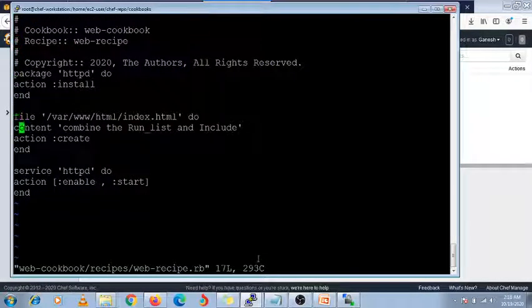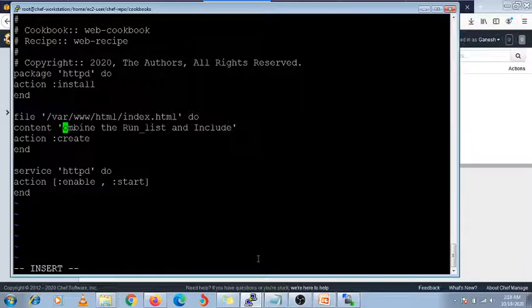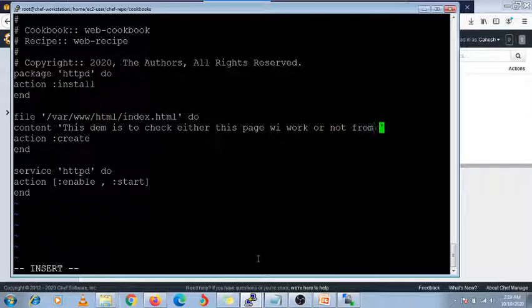Here I am going to change some content: this demo is to check whether this page will work or not from the node server, and save it.